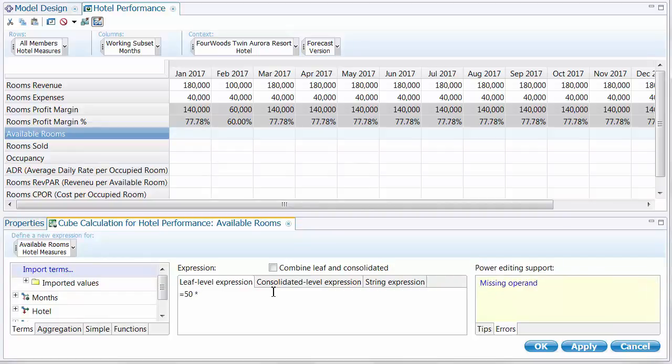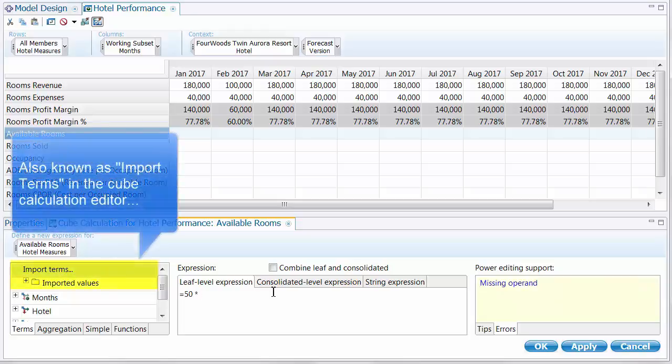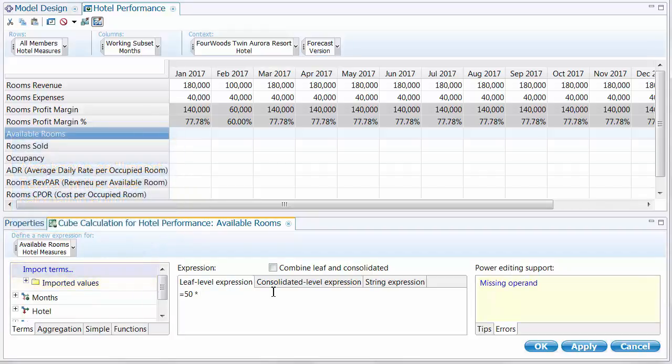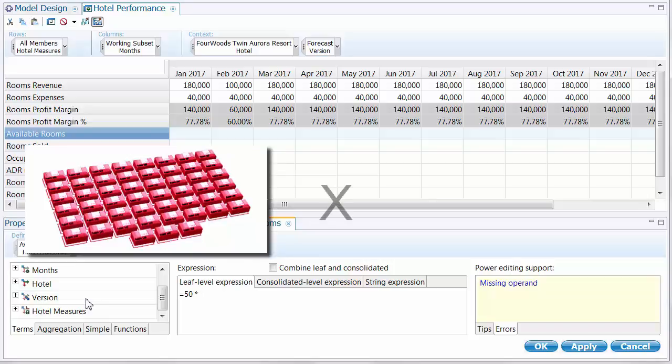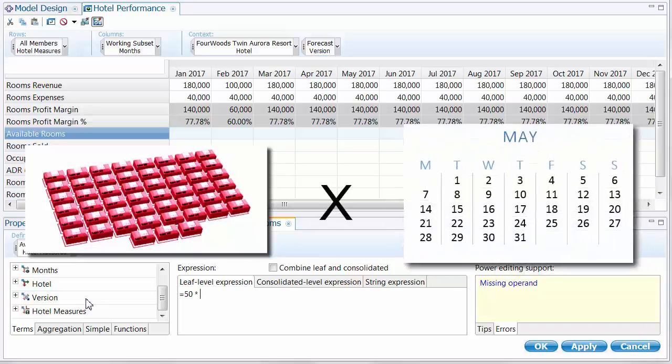Now, in another video, I'm going to show you how to use links, where we're going to retrieve this value on a per hotel basis from a cube that's going to contain the number of rooms that I have in a hotel. But for now, we've just hard-coded it. Please don't try this at home. Now, our available rooms measure is in fact the product of the number of rooms that are in the hotel, physically in the hotel, times the number of days in the period